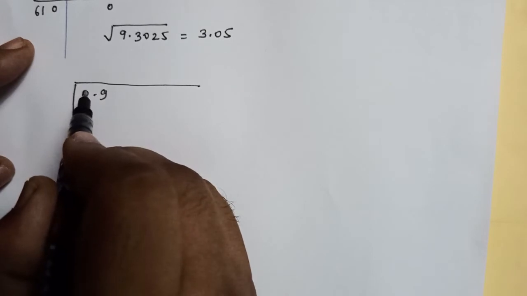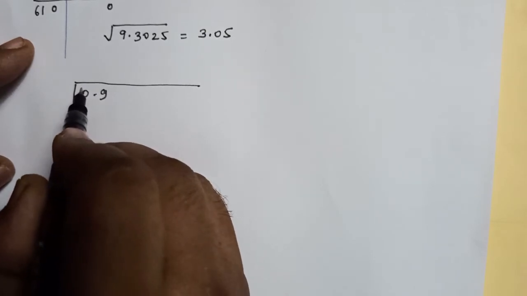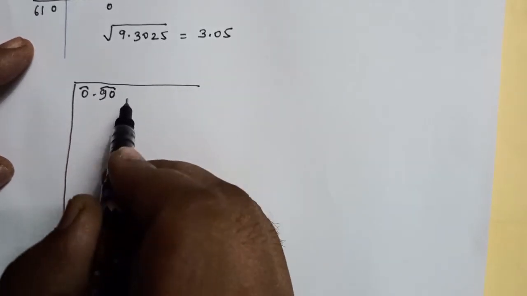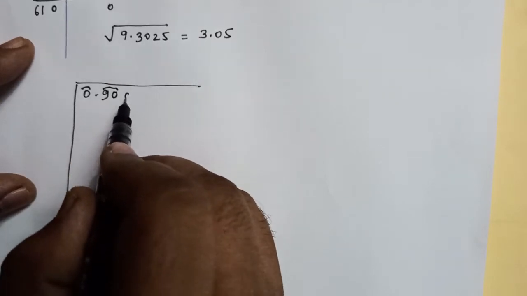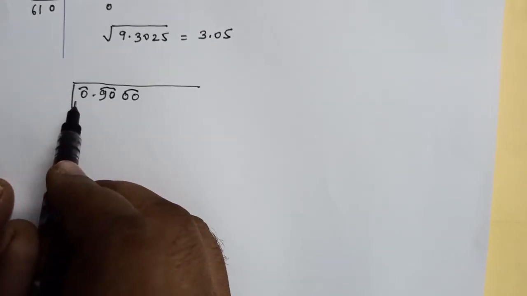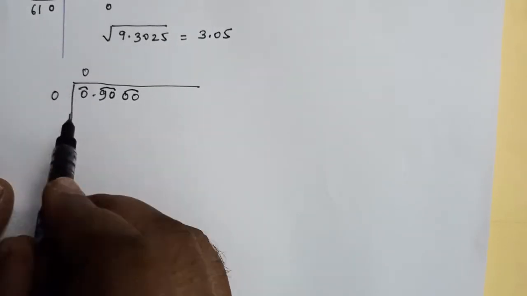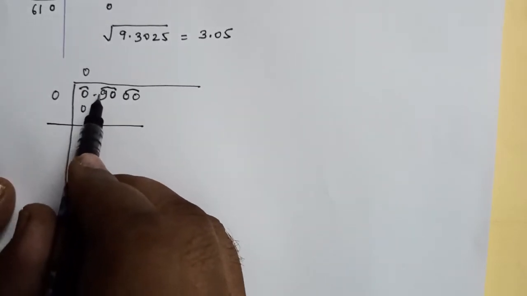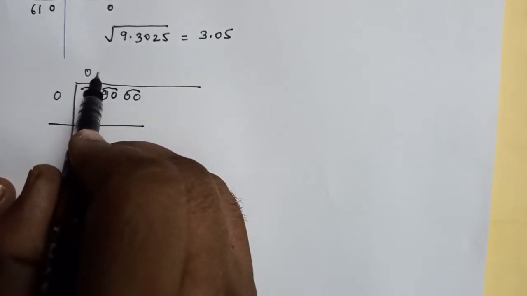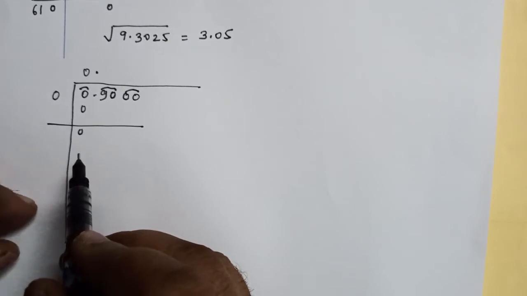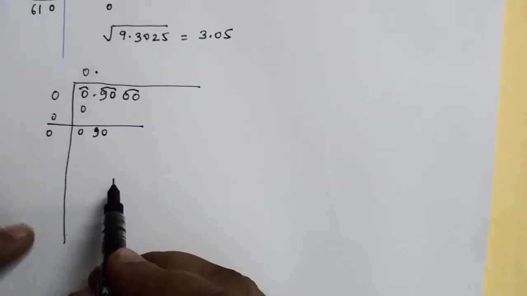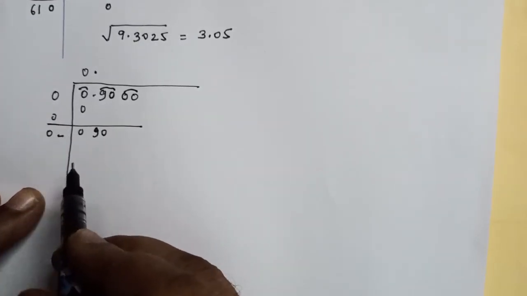We start. Put the bars. Here are single digits, so we write 0, and we can write 0.90 as 0.90 with pairs 0 0. The left bar is 0. So 0 square is 0. Remainder 0. Next bar is in the decimal part, so we put the decimal point in the quotient. 90. 0 plus 0 is 0.